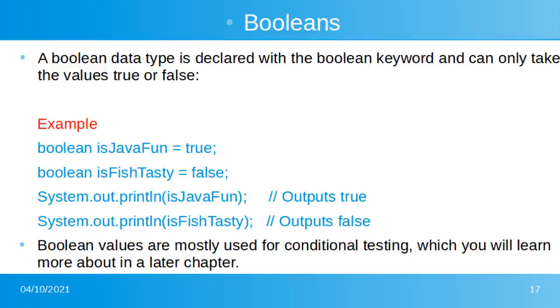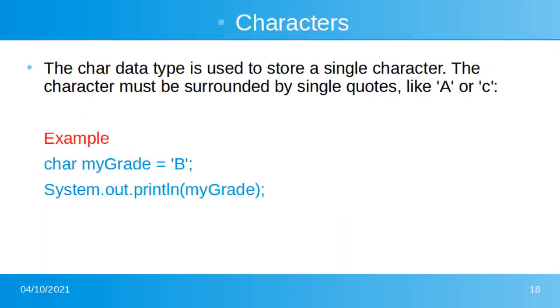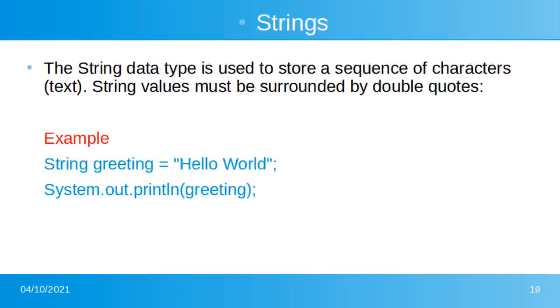Now other type is characters. The char data type is used to store a single character. The character must be surrounded by single quotes, like 'A' or 'c'. Example, char myGrade = 'B'; System.out.println(myGrade); Now most important, strings. The string data type is used to store a sequence of characters, text. String values must be surrounded by double quotes. Example, String greeting = "Hello World"; System.out.println(greeting);